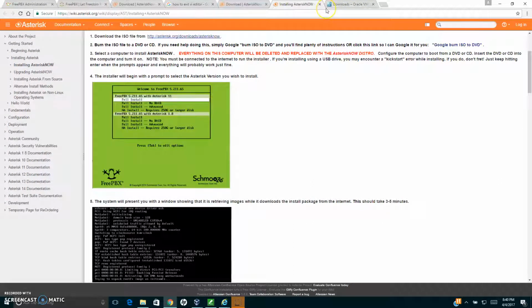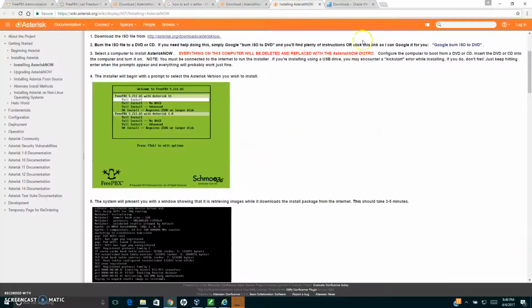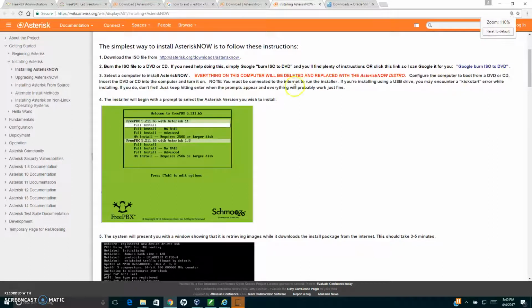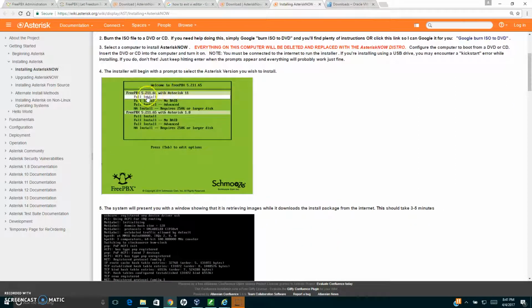Remember, when you download the VirtualBox, after you successfully install the VirtualBox, be sure that you install the extension pack. Otherwise, your VM will not work properly. Alright, now going back to here. Once you download the ISO file and create a VM in the VirtualBox, you select the ISO file. The installer will begin with a prompt to select the Asterisk version that you wish to install. Okay, for the purpose of this lab, you install the default one, which is FreePBX